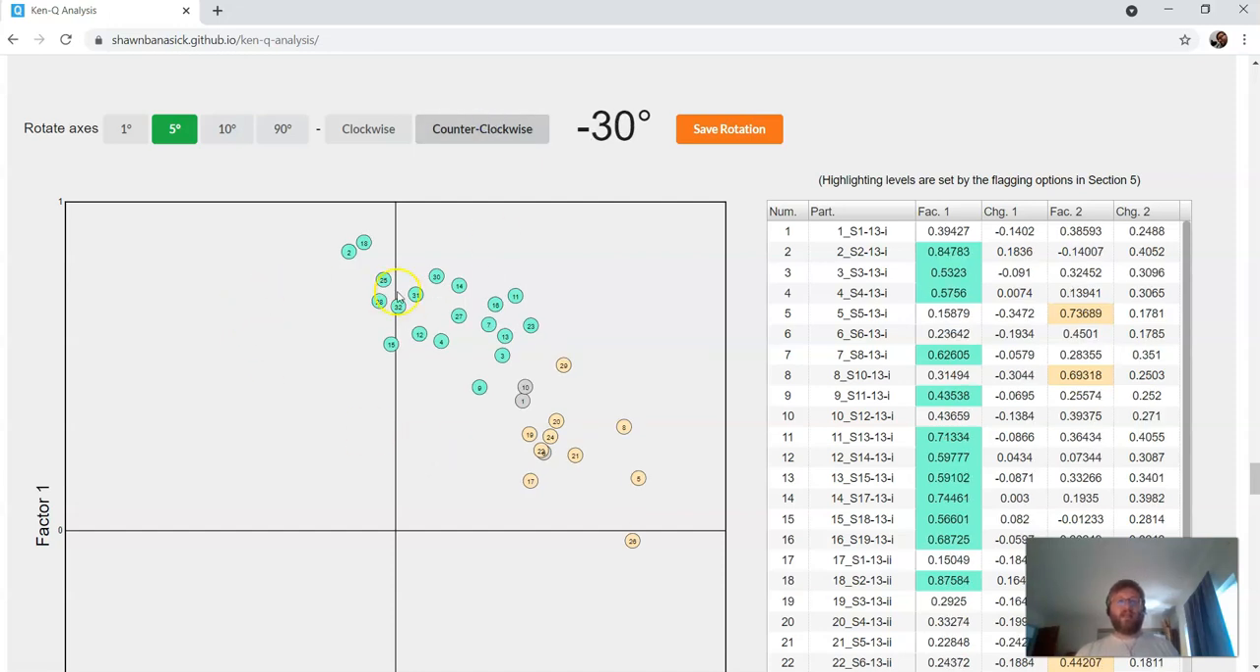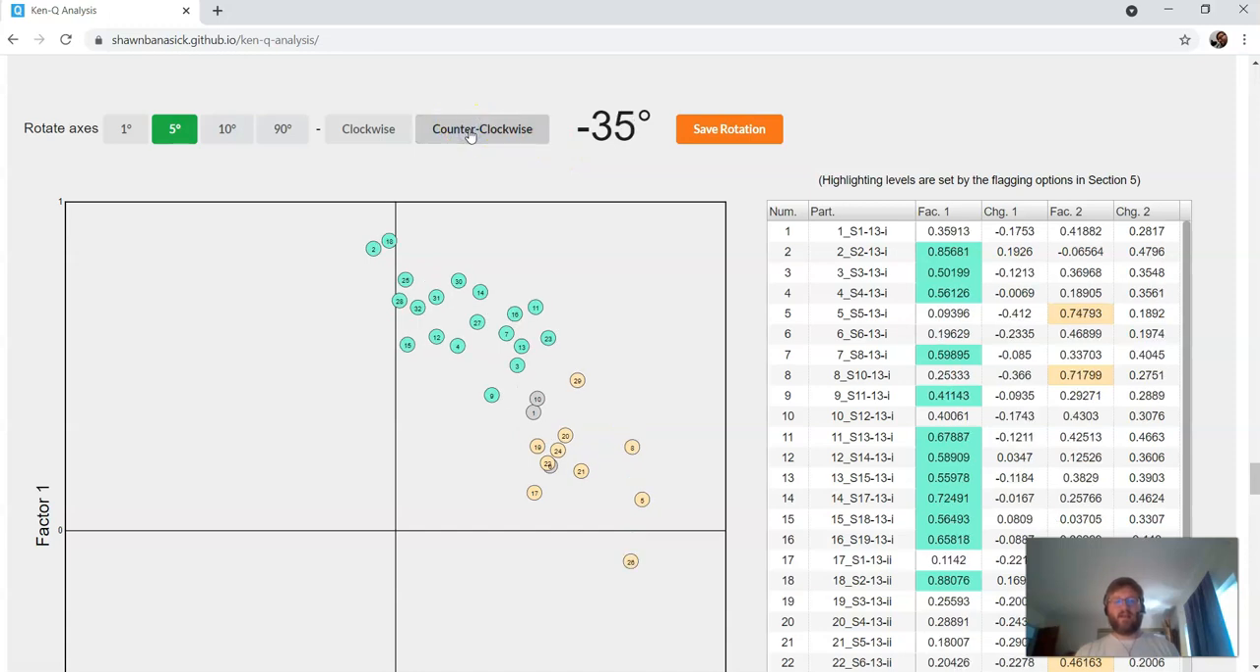If I rotated this about 30 degrees counterclockwise, we've now got one cluster of people that are loading highly along factor 1. They're very close to the high end of factor 1. We've got this other cluster that's getting close to the high end of factor 2. I might actually rotate just a little bit more there. All right, so we're distinguishing these two clusters of people, one associated with factor 1, one associated with factor 2. And so we could save that rotation,